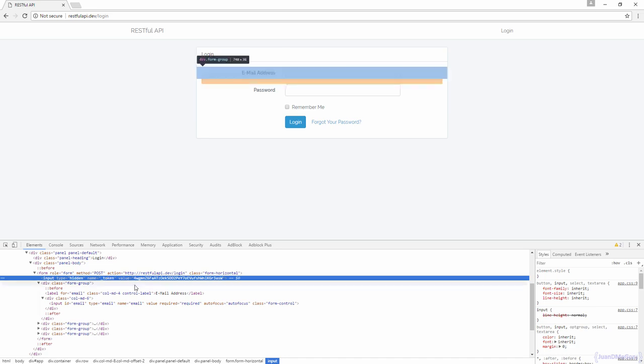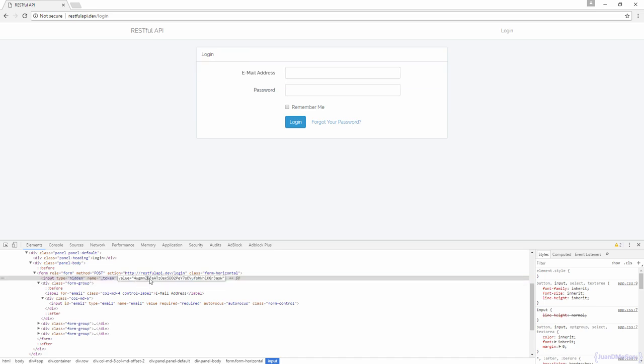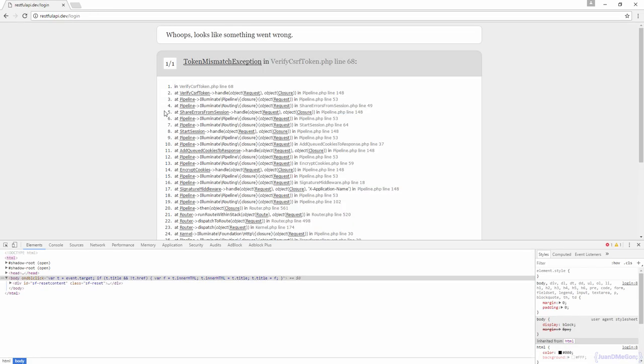So if we remove this or just change the original value and try to send a valid request,